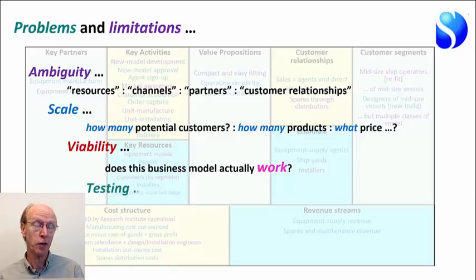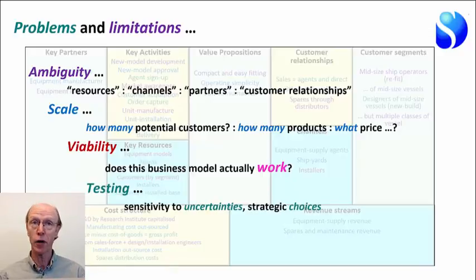We can't test sensitivities to outside assumptions, like we could be making a misestimate of the size of the potential market. What if competitors behave in different ways? We can't test those things. And we can't test the strategic choices that we might make. We can't test, for example, what would happen if we chose to offer more products or fewer products, a higher price or a lower price, hire more people.